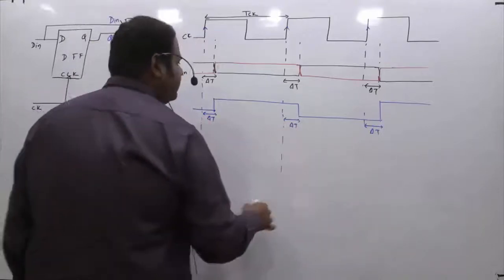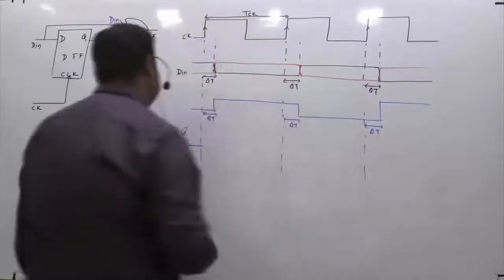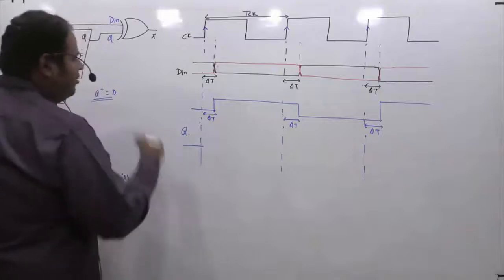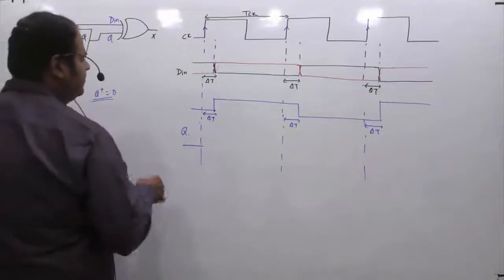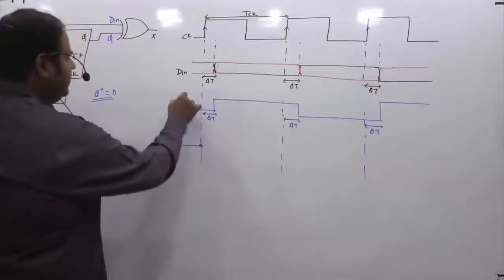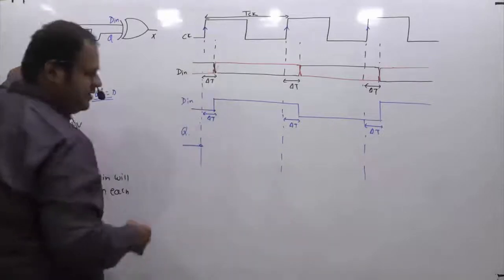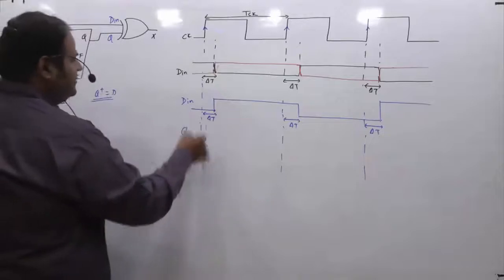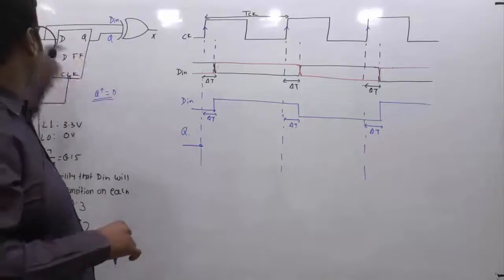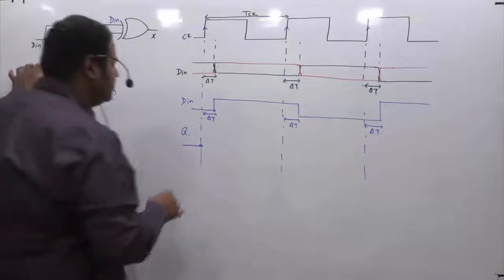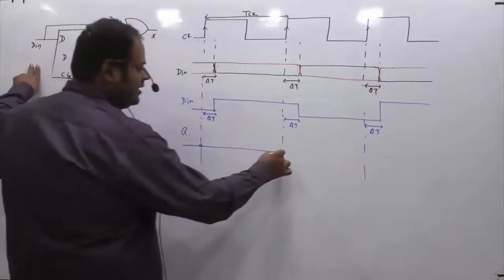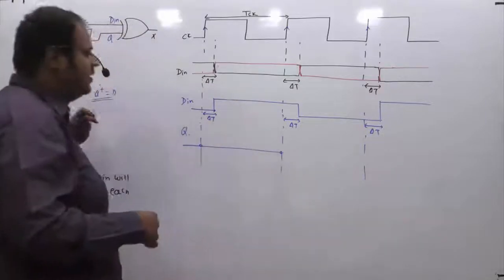Let me just highlight it. These are the clock edges, right? So this is 0. Then the first clock comes at this point. What is D in? This is the D in waveform, and I have taken one of the possibilities. When the first edge comes, I can see D in is 0. Because Q plus equals D, if the input is 0 when the clock comes, Q will continue with 0 till the next clock. So I continue like this till this point.